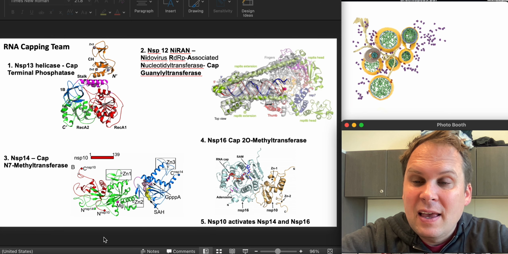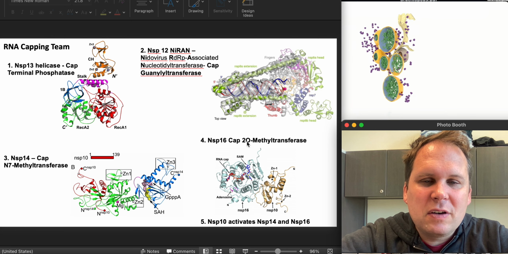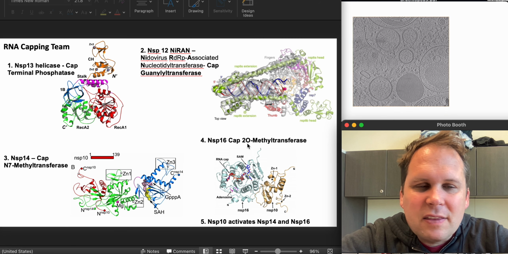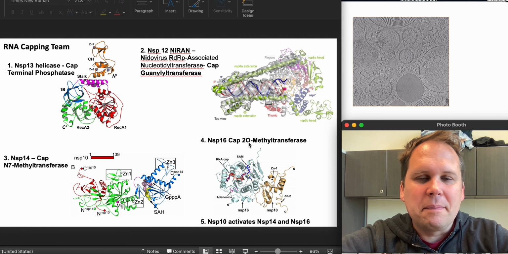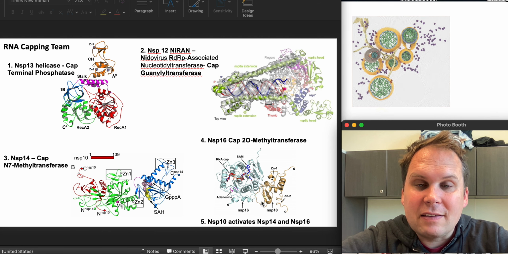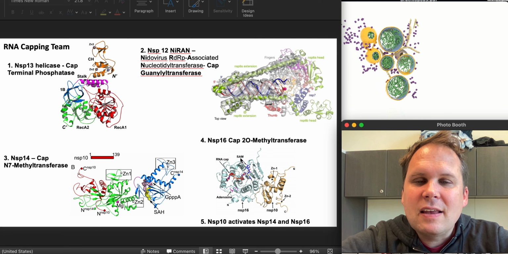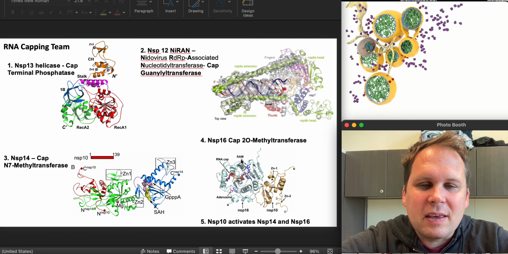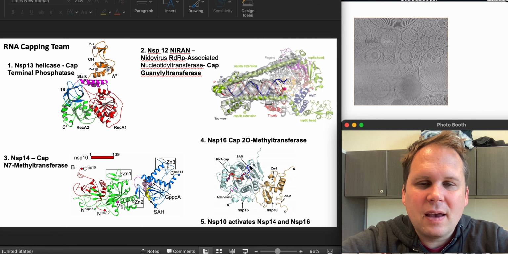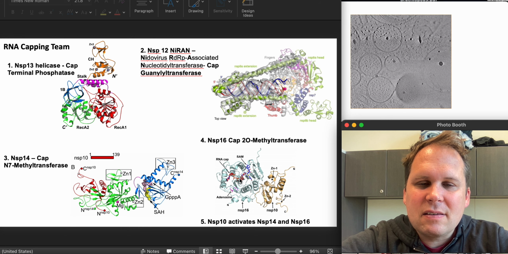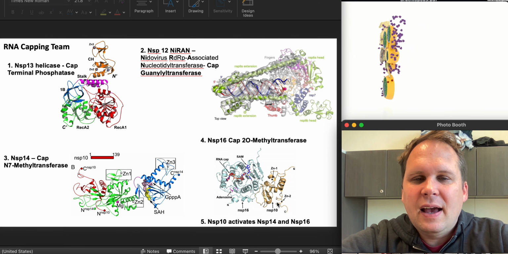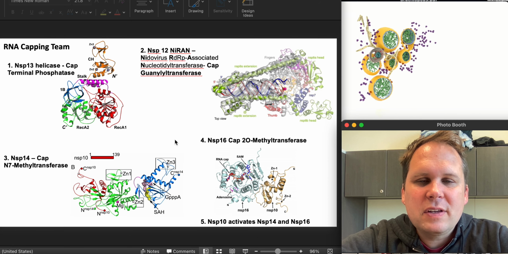So neat, cool. Then the last capping enzyme is going to be the 2'O methyltransferase, or I just write it like 2O. And that's the letter O, not a zero, because it's attached to an oxygen, that's what it means. And yeah, it's an O methyltransferase. It takes S-adenosyl methionine, that's what that SAM thing is in there. And it's going to use that as the source of its little methyl group, and it's going to stick it onto the cap. So there you go.